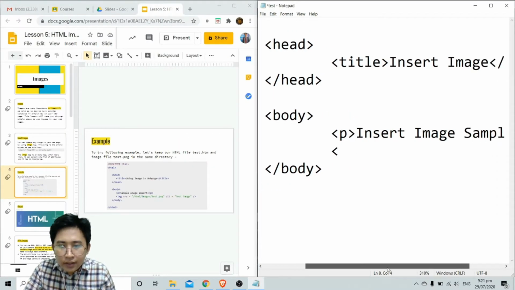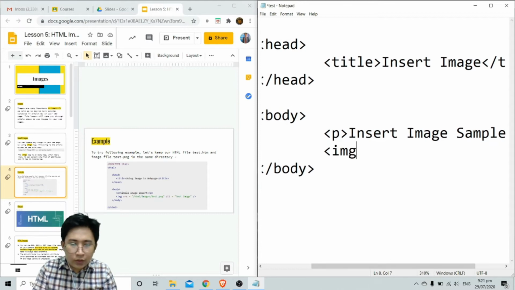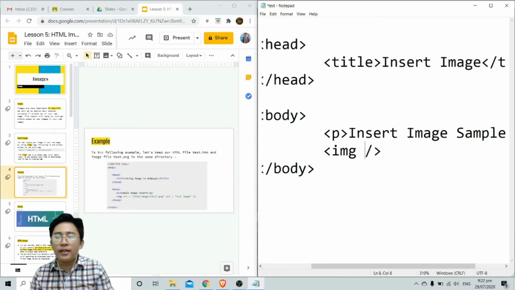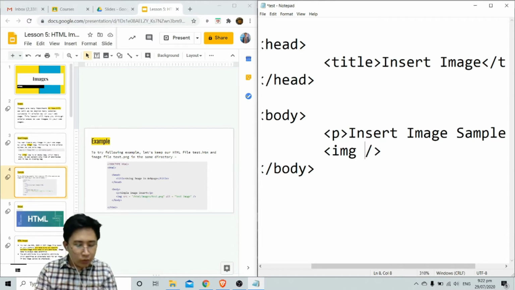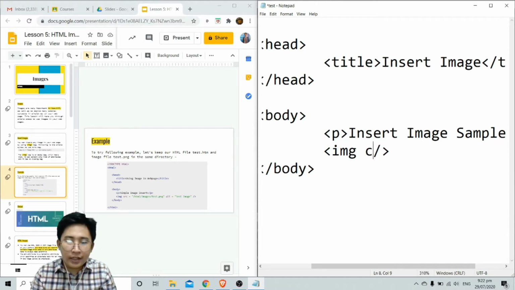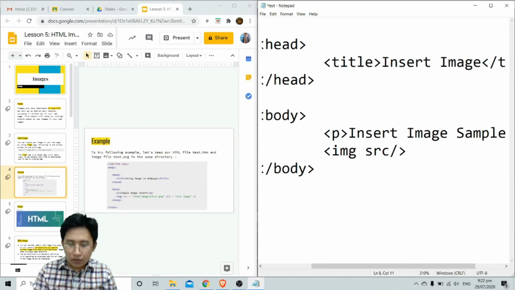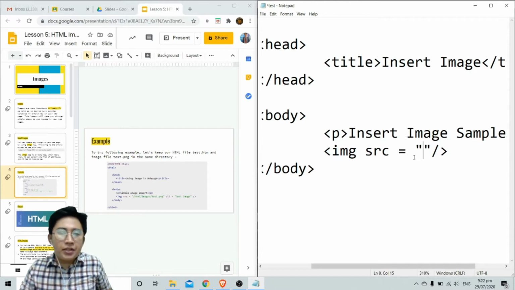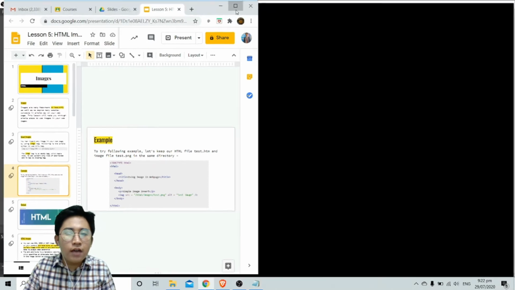So here, insert image. Just use the image tag, like this. And then in the image, this is the opening tag, right? And then here you're going to do the source, src, and then equals, and then here is the location or the source of your image. And here, class, we haven't